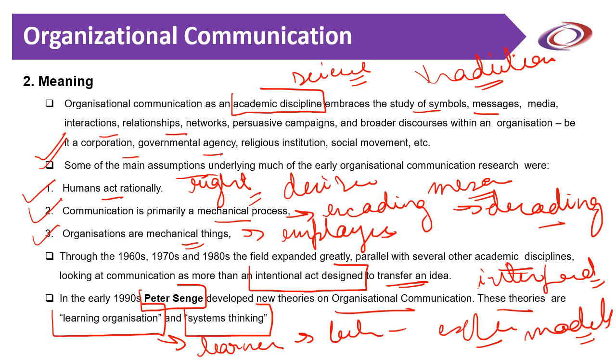We have established that groups cannot exist without communication, and communication involves the transfer of ideas, the content, as well as the meaning to all the groups. So an idea or information can be passed on only through the transmission of meaning. For this process to be complete, communication should be effective.